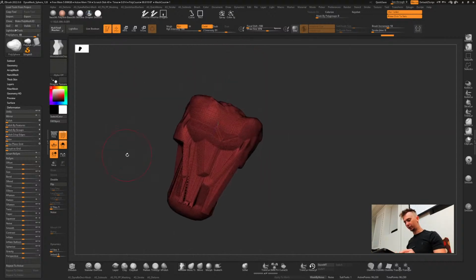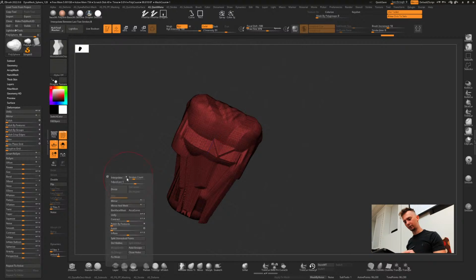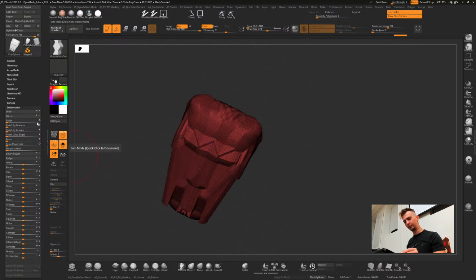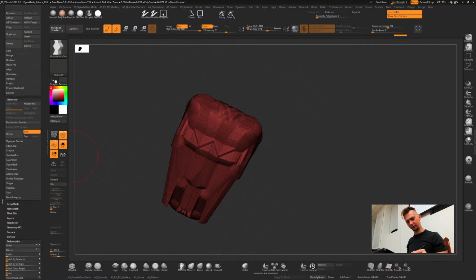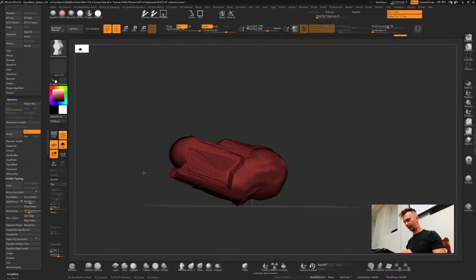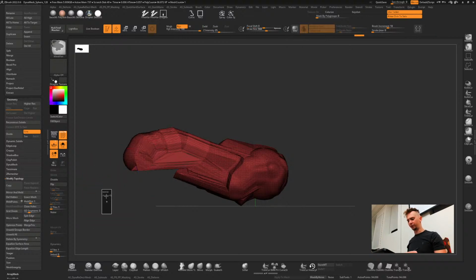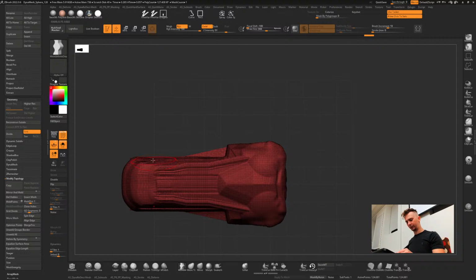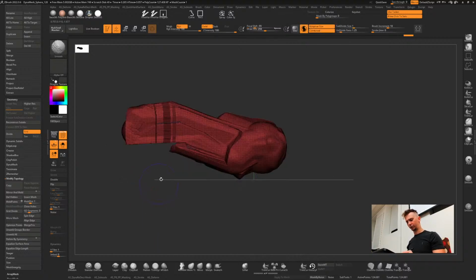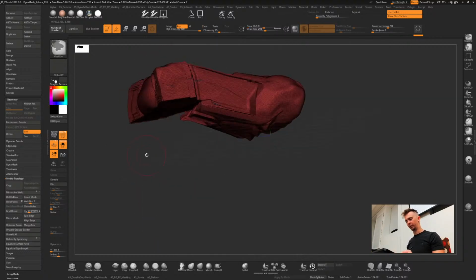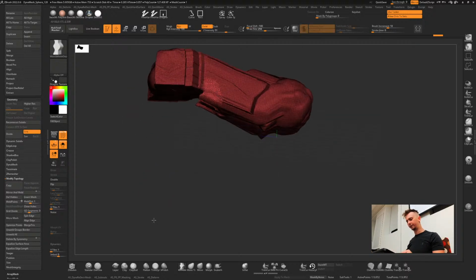You can see my symmetry sort of broke a bit. That happens a lot. You can always just Mirror and Weld, which is located under, I believe, Geometry, Modify Topology. In the past, before Dynamesh and before Sculptris, it was very hard to do things like this, because you're limited by the topology of the mesh you had.